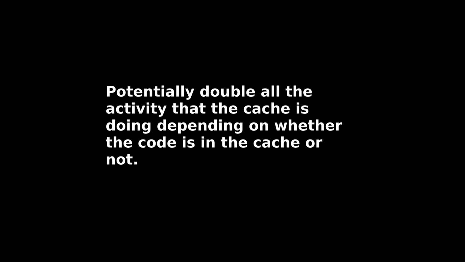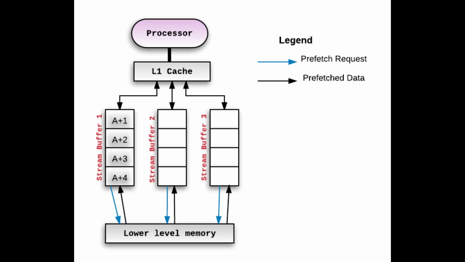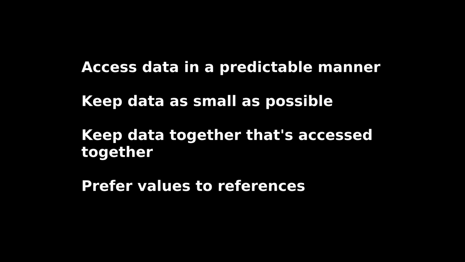The CPU cache stores both code and data, which means the cache management has to consider what code it wants to cache as well as the data, and this can impact performance. The cache may plan out multiple operations to fetch data into the cache based on how the program is accessing memory, so it's not really fetching one cache line at a time in many cases. Overall, the most challenging aspect is that there's no way to know what's actually going on in the CPU. We can only try to understand some basic guidelines and then test our code to see if those guidelines improve